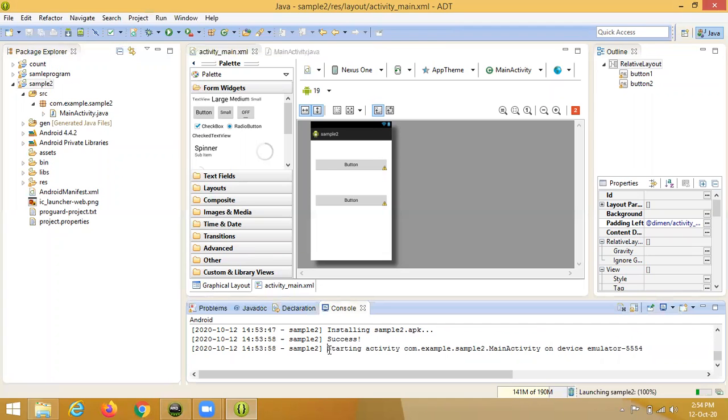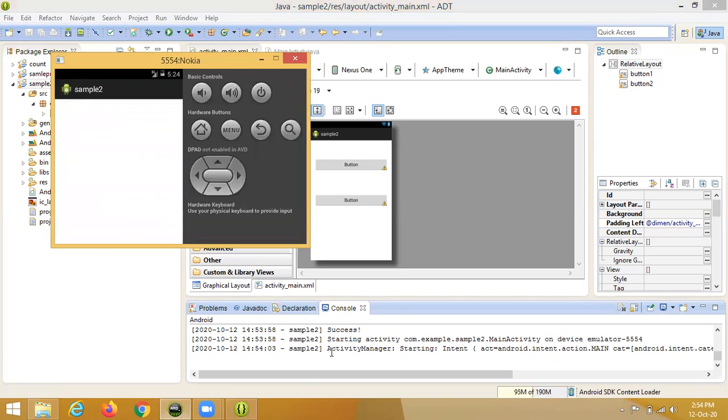You saw the status of our program. It's successfully installed. This is our program. When you click the button, nothing will happen because we haven't used the button for any function yet.